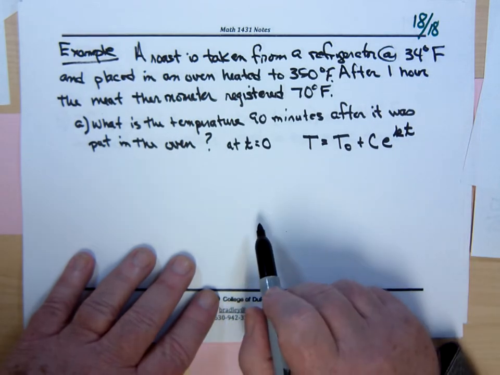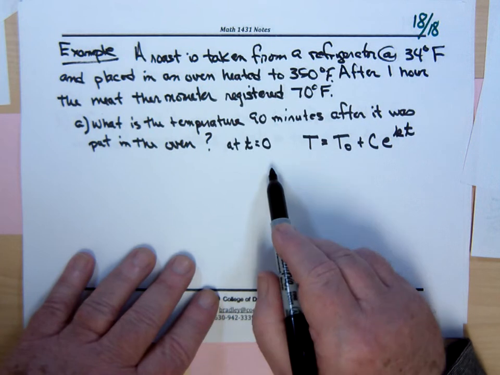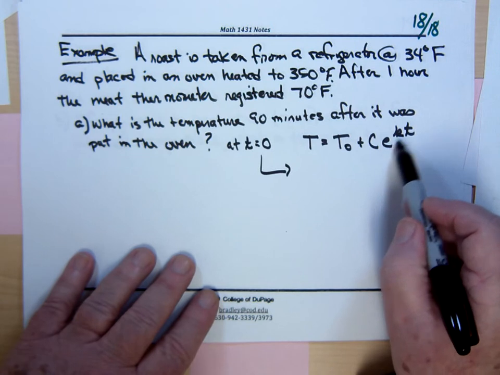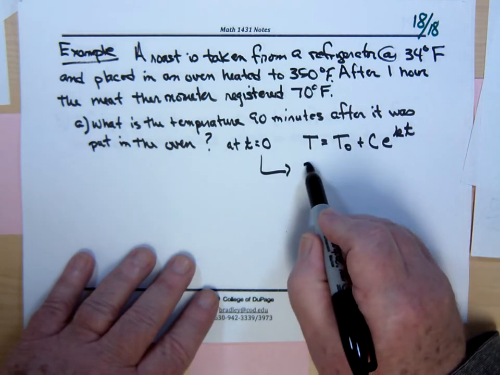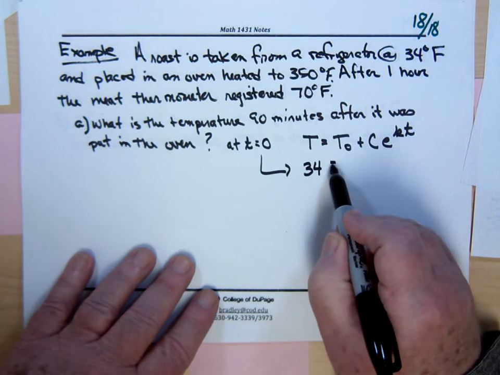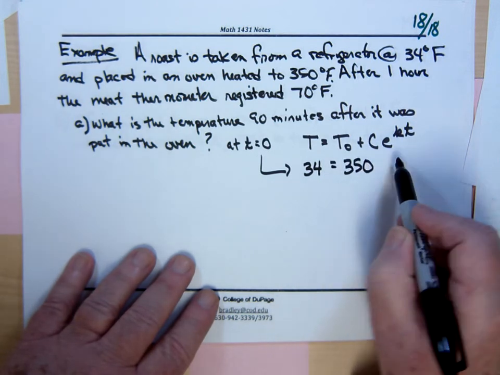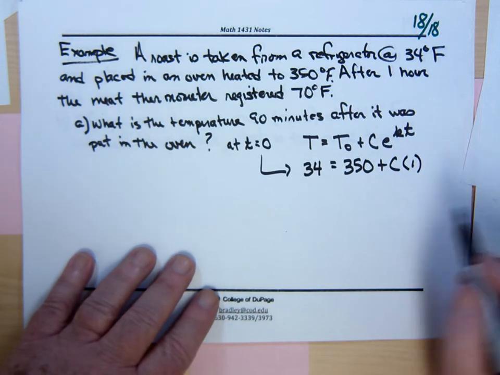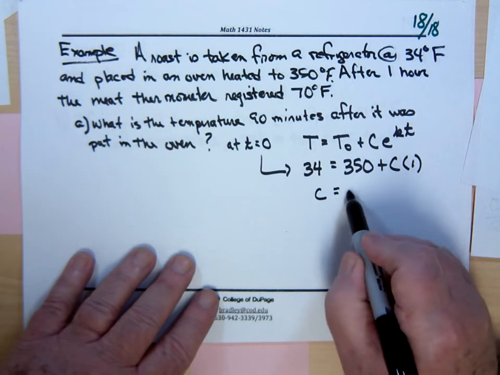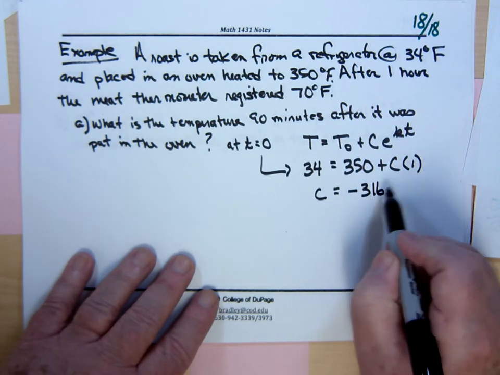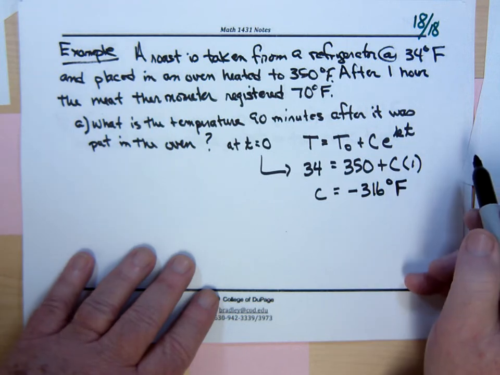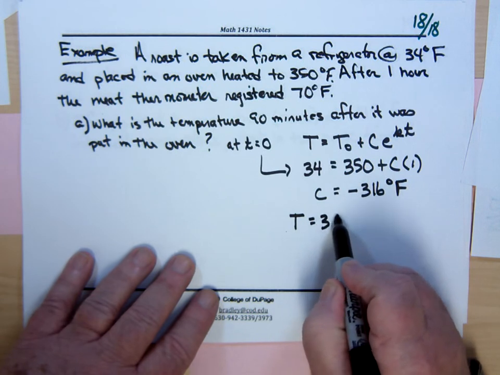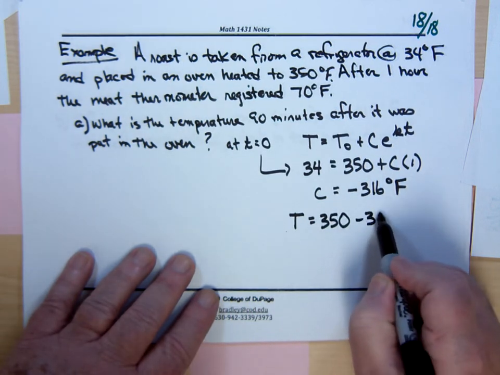So at t equals 0, what do we know? Well, this is the general equation. When t is equal to 0, e to the 0 is 1, so I know that the temperature, 34, is equal to the ambient temperature, which is 350, plus C times 1. That means the only thing that is unknown here is C, and we figure out that C for this problem is minus 316 degrees Fahrenheit. So that means our equation is this: T is equal to 350 minus 316 e to the